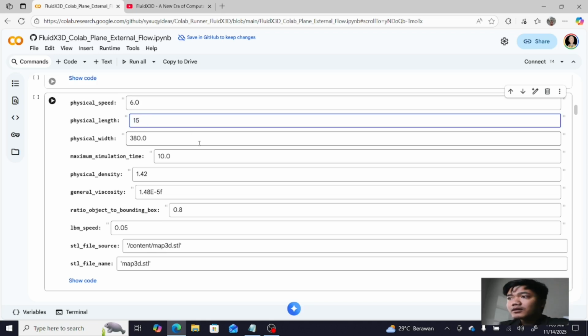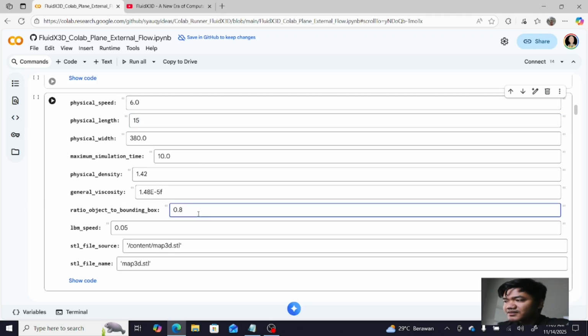For the domain, we can set the ratio from domain to object. If we want the domain to be 5 times larger than the object, we say the ratio of object to bounding box is 0.2, because 0.2 times 5 is 1. The ratio is 0 to 1.